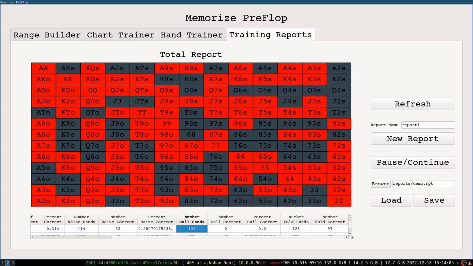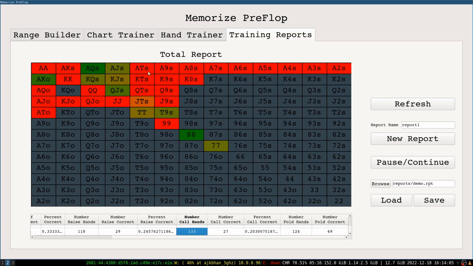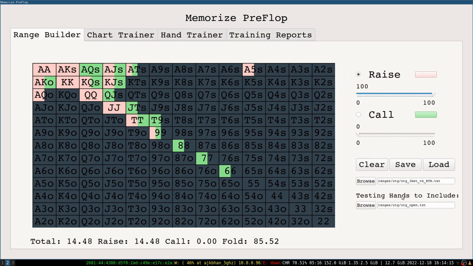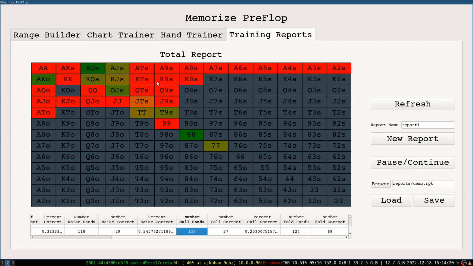But if we scroll down and say, okay, let's look at 3-bets, we can see, oh, okay, we're calling some correctly. Also, we can see that this subset only considers under the gun open ranges because of this testing hands to include. We made it depend on under the gun open. So we see that we're testing on a smaller range of hands, which is really, really nice. Same thing we can see for folding. Exactly the same. We can see, okay, we're folding aces, which we never should be,